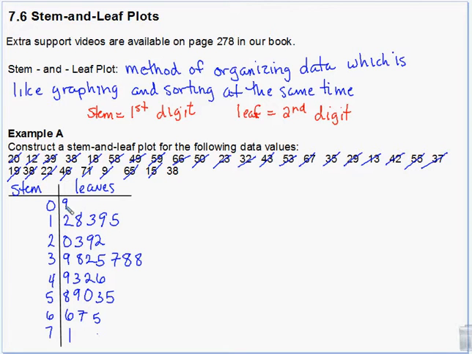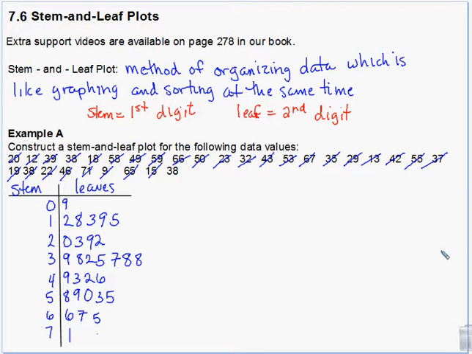Okay. Now, 0, because there's no first digit, so it's 0. Now, let's say I was creating this and there were no 20s, but I had 0s and 10s and 30s and 40s and 50s. I still need to put the 2 there and leave them blank. So you always have to have those placeholders in case there's missing 10s. And then this is not complete yet. We have to